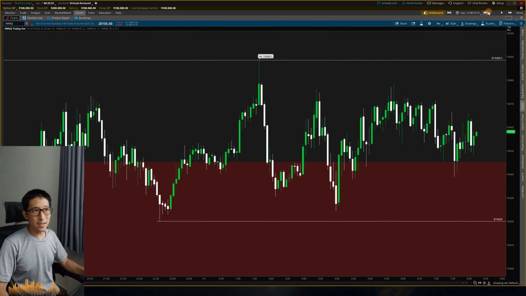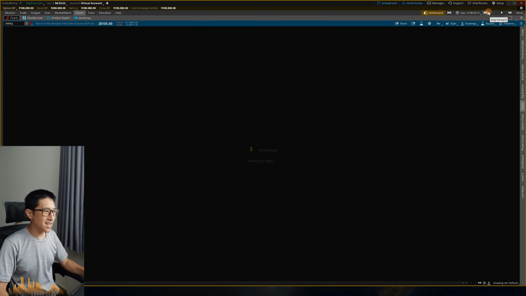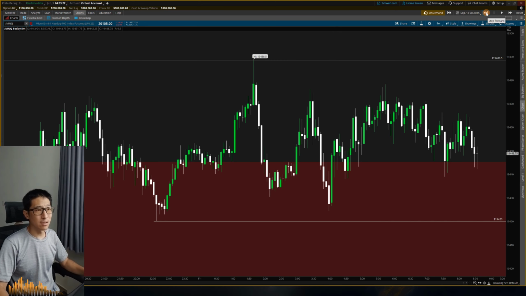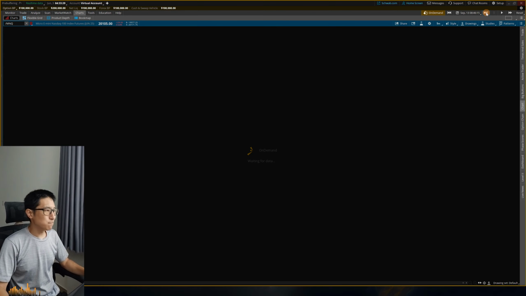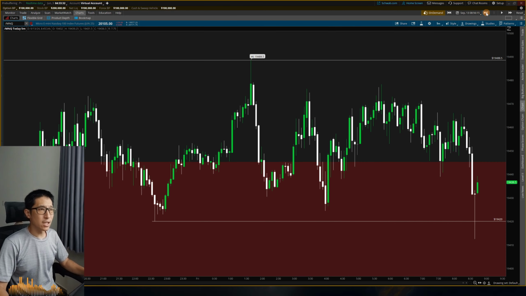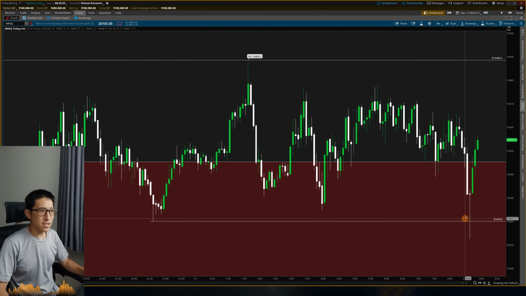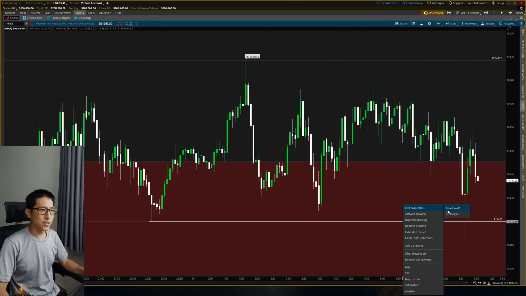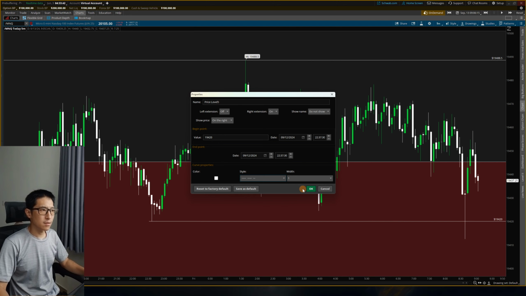I am suspecting I'm not going to be trading today. It just hasn't been looking good for the past couple of weeks. So until it starts looking good, I'm not really going to be looking for any trade. So here we get a sweep up the sell side, and looks like we're going to go for the buy side target. Let me just adjust this.